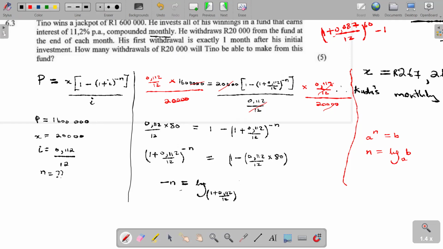Then here we are going to have 1 minus 0.112 over 12 multiplied by 80. Then with that, we just go on our calculator. So our negative n will be equal to